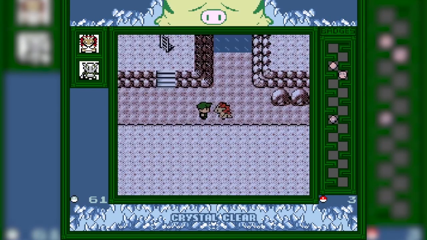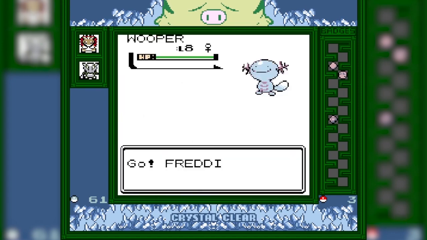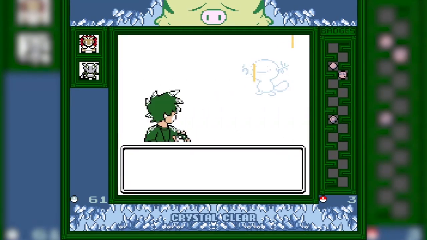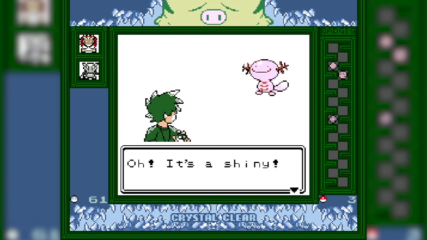I spent nearly 2 hours hunting down this Wooper, which, big deal, that's nothing, and yeah, you're right. But consider that I was using speed up the entire time, encountering Wooper once every 2 seconds, and yeah, it's pretty freaking crazy. Eventually, Shiny Wooper shows up, and I catch her in a Love Ball and name her Belle